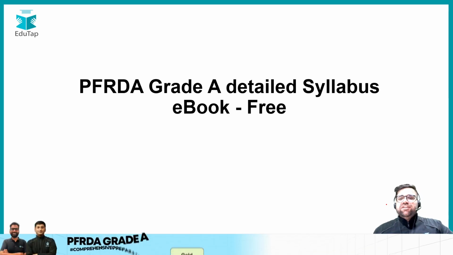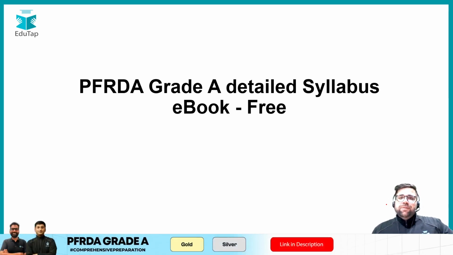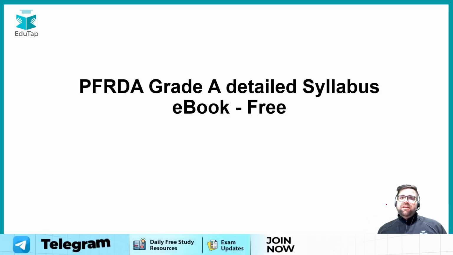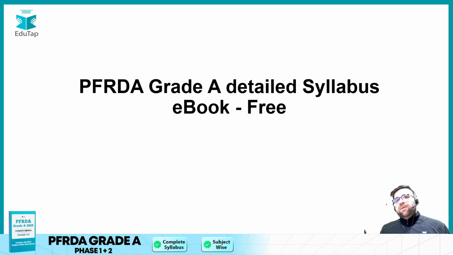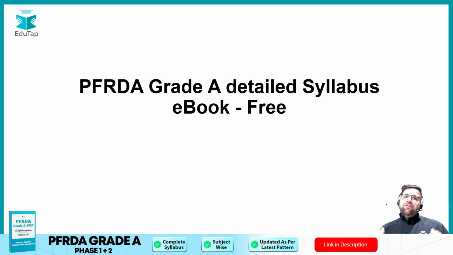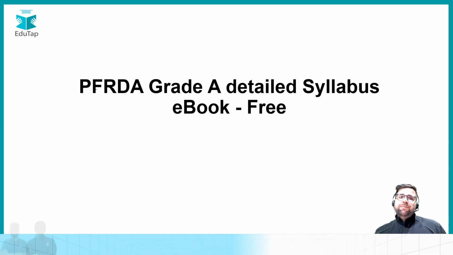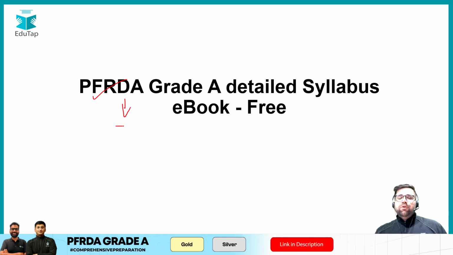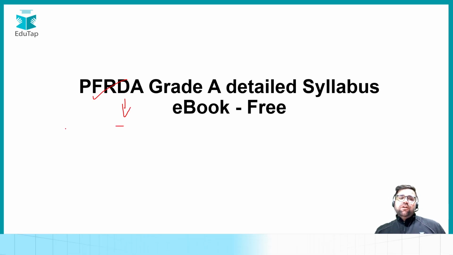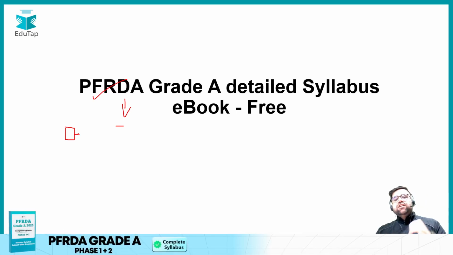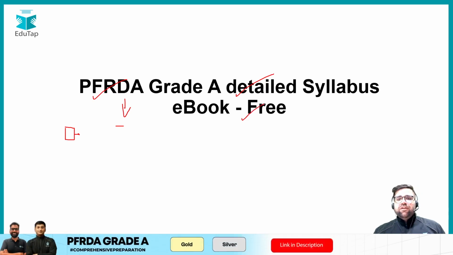Now you will ask me, sir, why should I download this particular ebook? The simple explanation is that if you see the notification of PFRD Grade A, they have just mentioned that you have to cover Atal Pension Yojana. Okay, but what are the subtopics which you have to cover in Atal Pension Yojana? That you will find in this particular detailed syllabus ebook of the PFRD Grade A. So this ebook will basically help you to cover your comprehensive syllabus. Because in the notification they have just given you single lines, but what comes beneath these lines, what is the overall structure of the syllabus, that you will easily be able to decode in the detailed syllabus ebook. So it's absolutely free for you and you can go and download the same in the description box below.